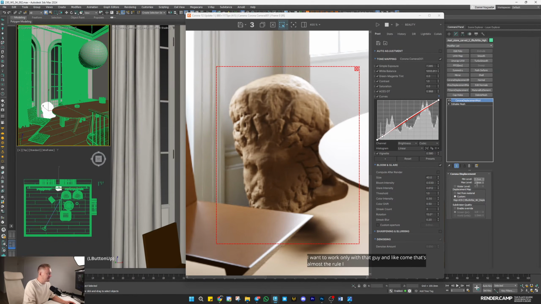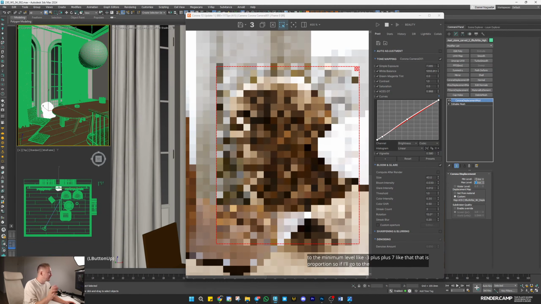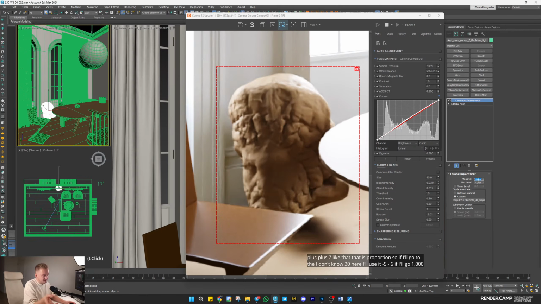I always make like a third part of the max level to the minimum level, like -3 plus 7, like that. That is the proportion. So if I go to, I don't know, 20, here I'll use like -5, -6. If I go 1000, here would be like -20 to -200 or 300, something like that. Maybe even more right now, because here